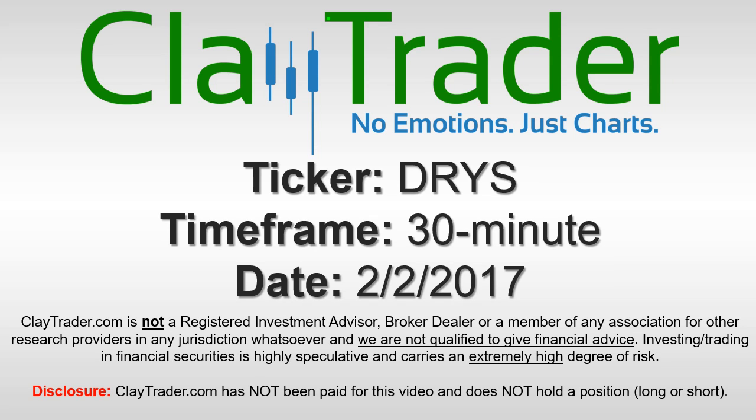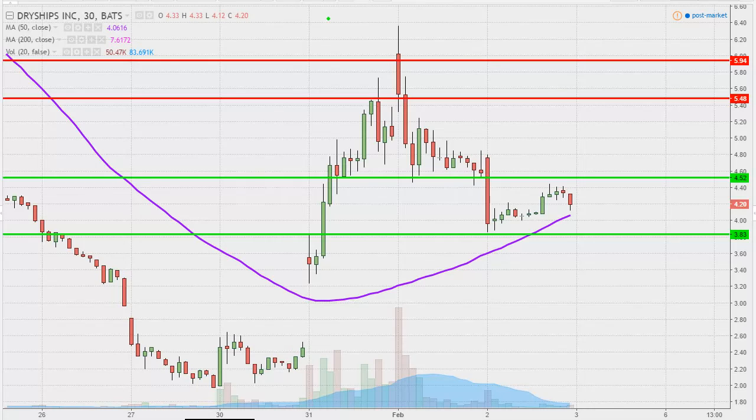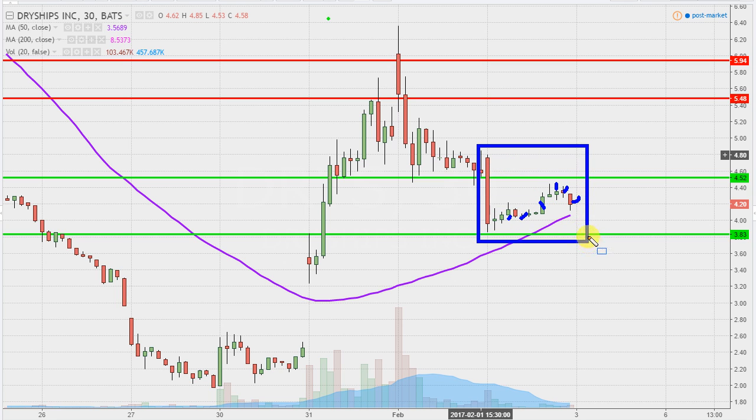We will take a look at the 30-minute time frame. Real quick, what do I mean by 30-minute in case maybe you're new to charts? Instead of each one of these candlesticks here representing 1 day's worth of price action, which is what you would normally see, each one represents 30 minutes. So while this here may look like several days worth of time, it's actually just today's price action broken down